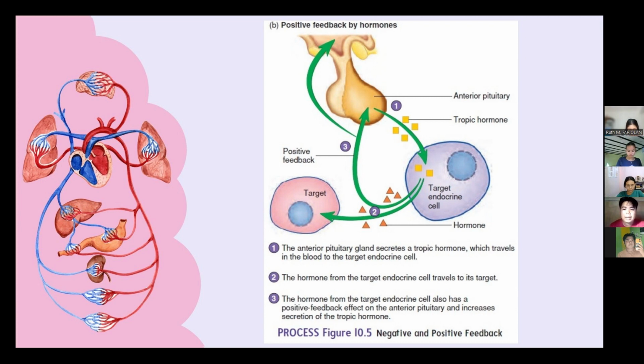Positive feedback. Some hormones, when stimulated by a tropic hormone, promote the synthesis and secretion of the tropic hormone, in addition to stimulating their target cell. In turn, this stimulates further secretion of the original hormone. Thus, it is a self-propagating system. For example, prolonged estrogen stimulation promotes a release of the anterior pituitary hormone responsible for stimulating ovulation.